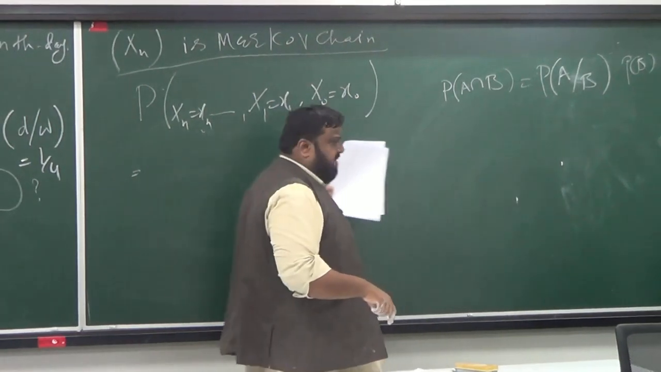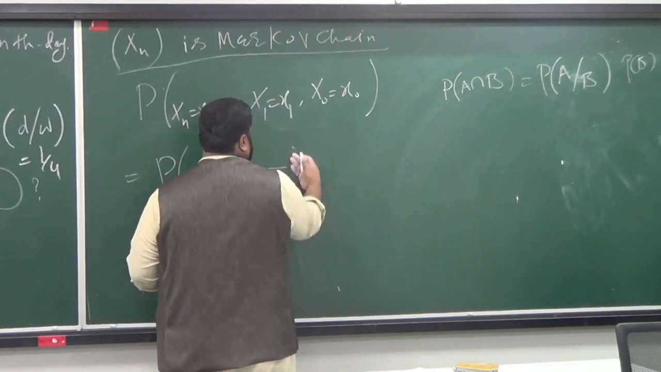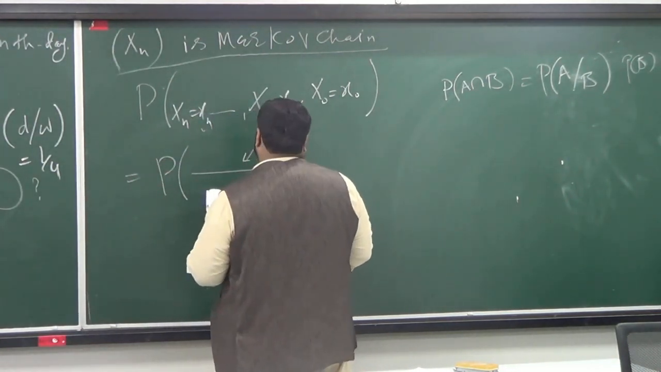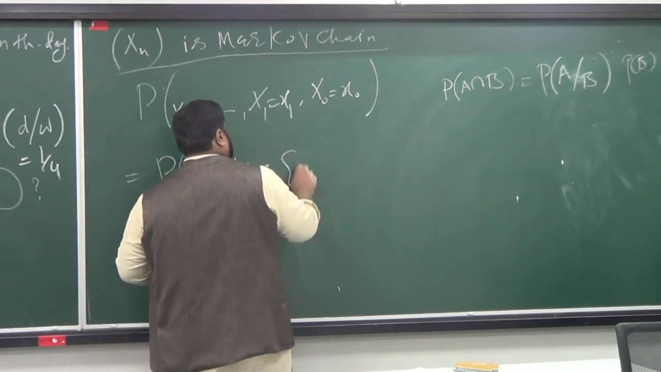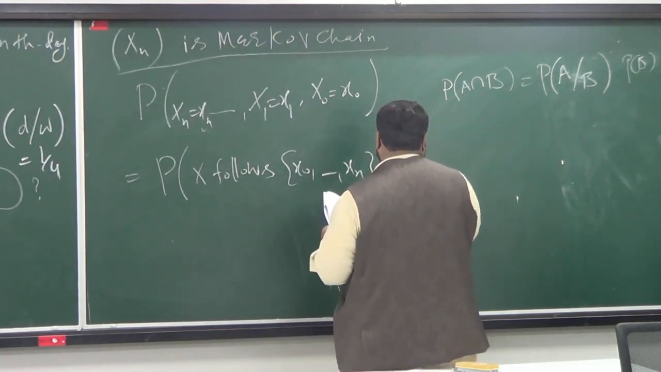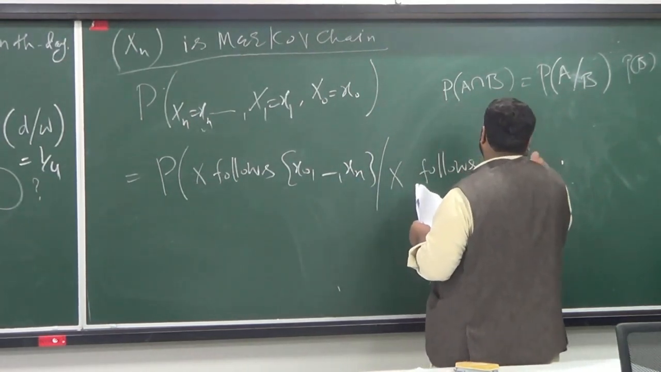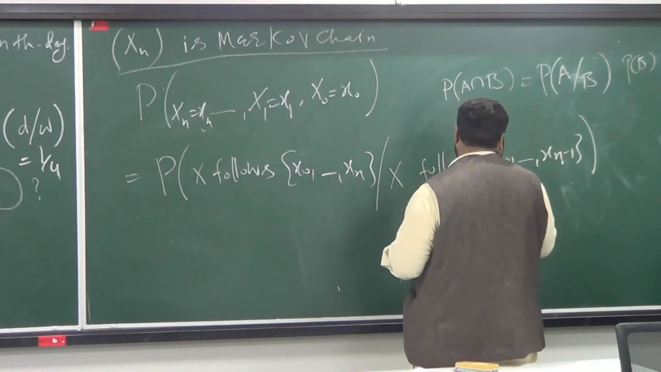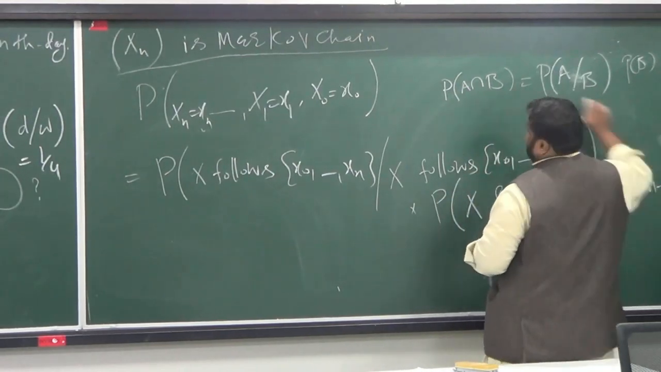So I'm going to write the formula just to structure. So can I say that this is the same thing, given? So let me write it in another manner. So X follows X naught to Xn in this pattern, given that the probability that X follows X naught to Xn minus 1, multiplied by the probability that X follows what? X naught to Xn minus 1, and by X I mean